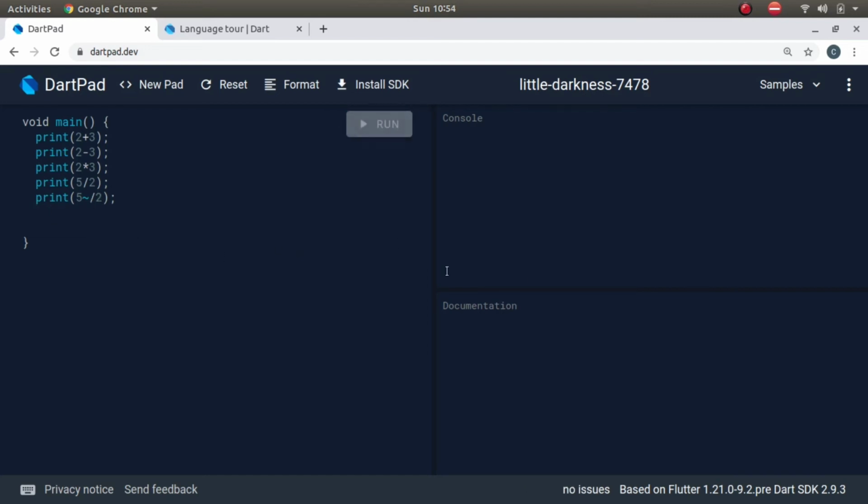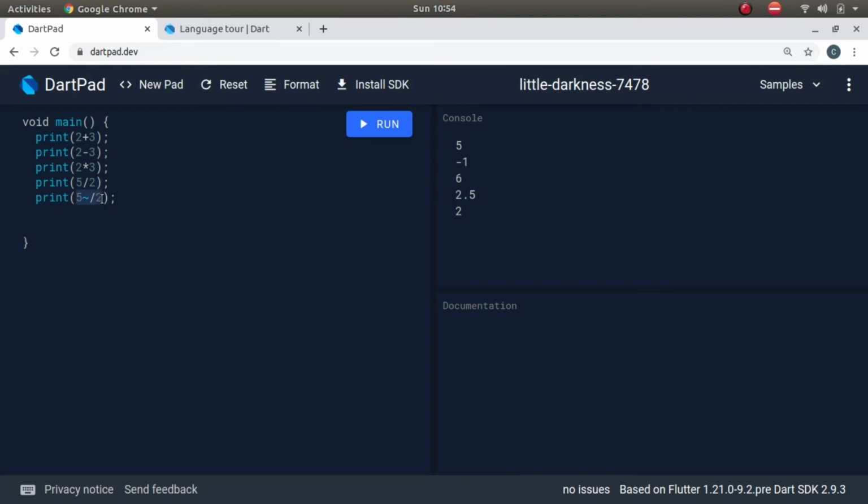Now let's run this code and see what output we get. 2 plus 3 is 5, yes. 2 minus 3 is minus 1, right. 2 into 3 is 6, right. As I told you, 5 divided by 2, integer divided by integer, sometimes gives a decimal, that is 2.5, displayed as a double.